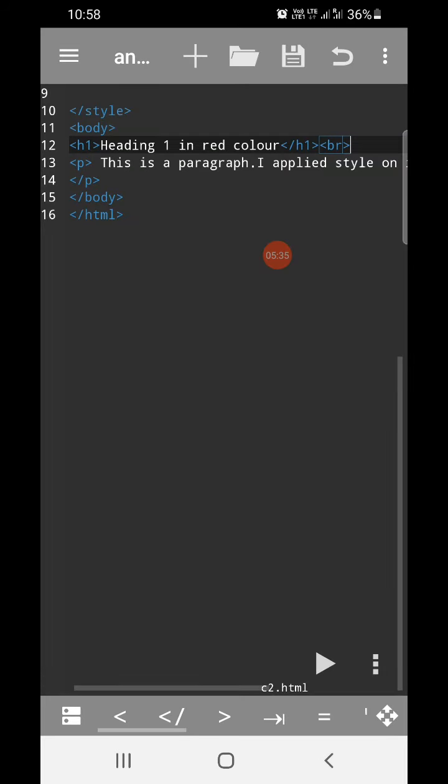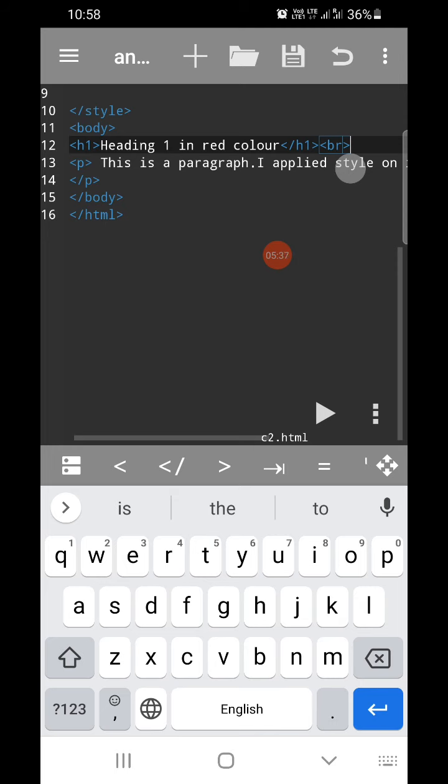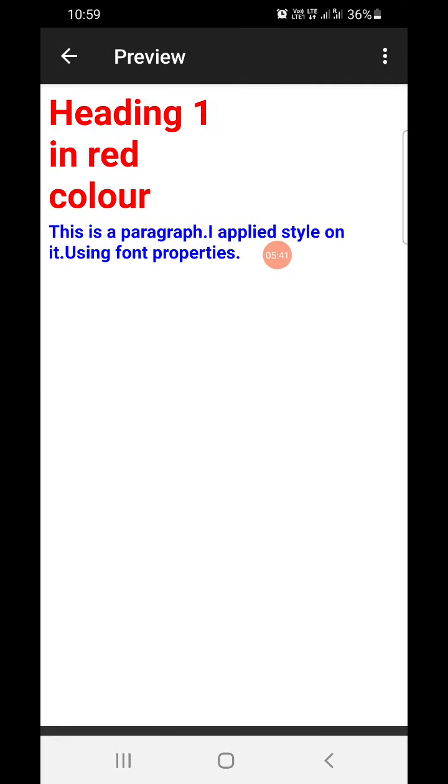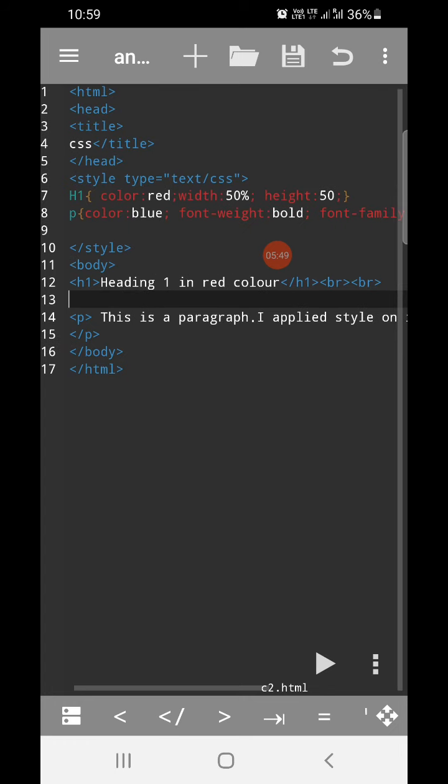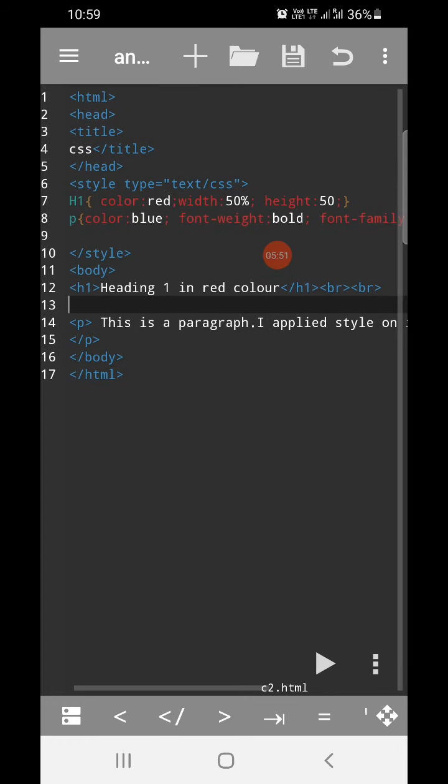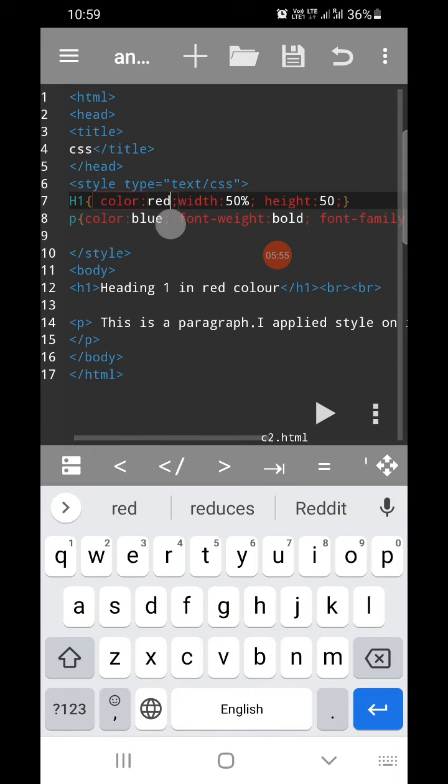One more br tag for this to look good. Fine. See, can you see this? Now if I say I don't want this heading in red color, I want it in green color, you don't have to make changes here. You just have to go to the style and simply change the color to green.